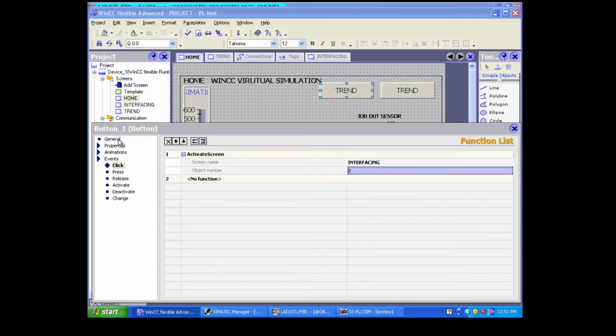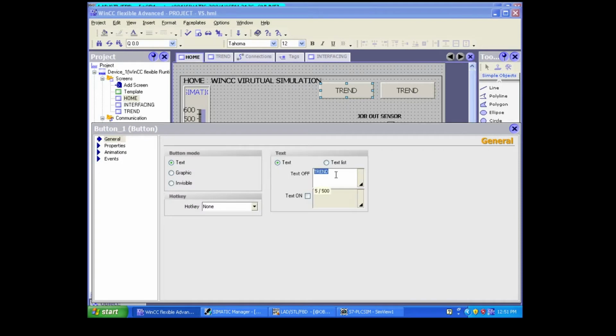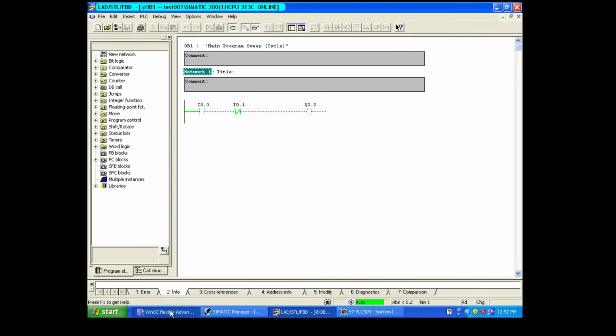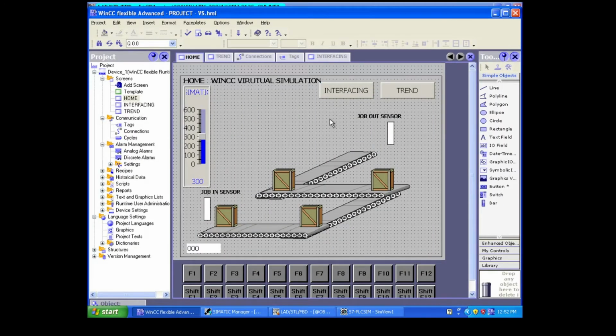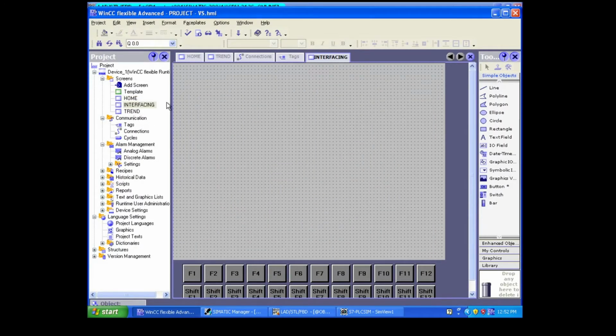This is like a go-to button. I'm choosing interfacing, and in general, I'm going to change the name to Interfacing. Now I think it is ready to do the configuration. So let's move on to our interfacing page.